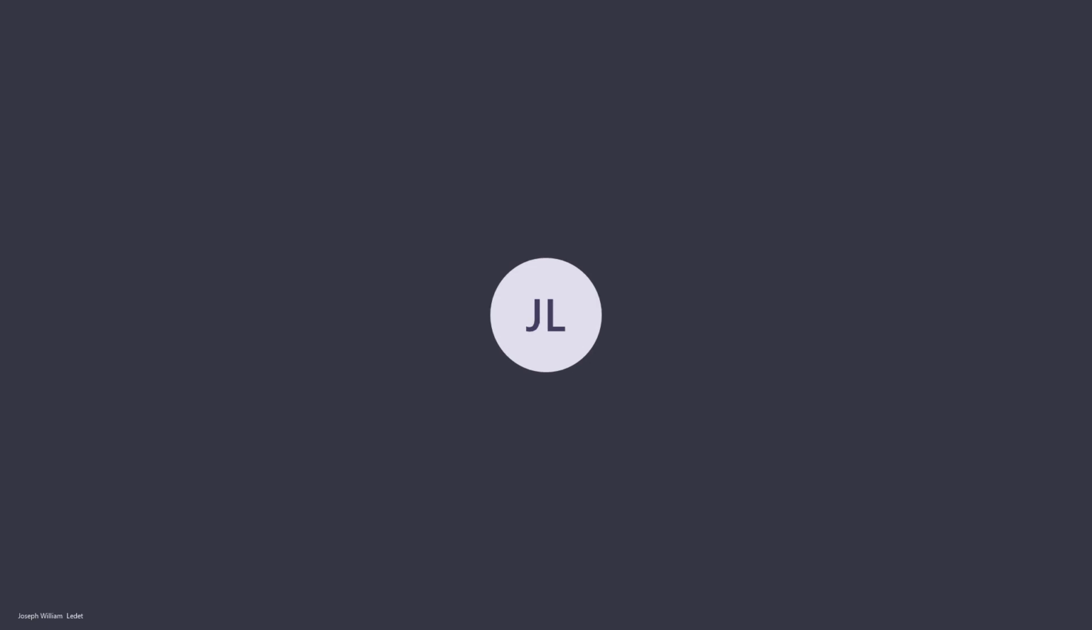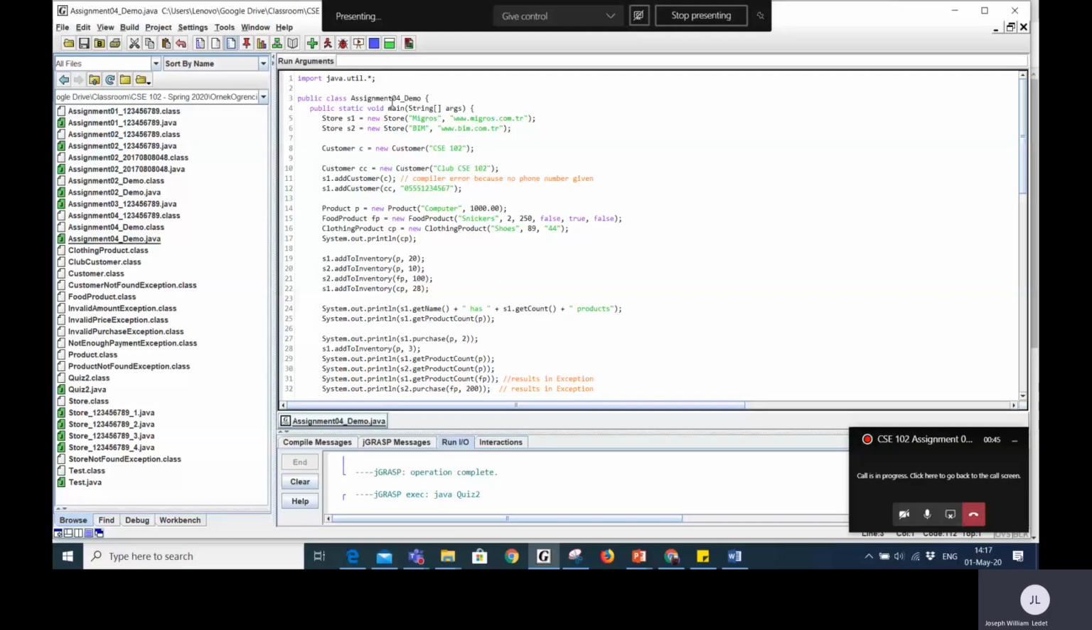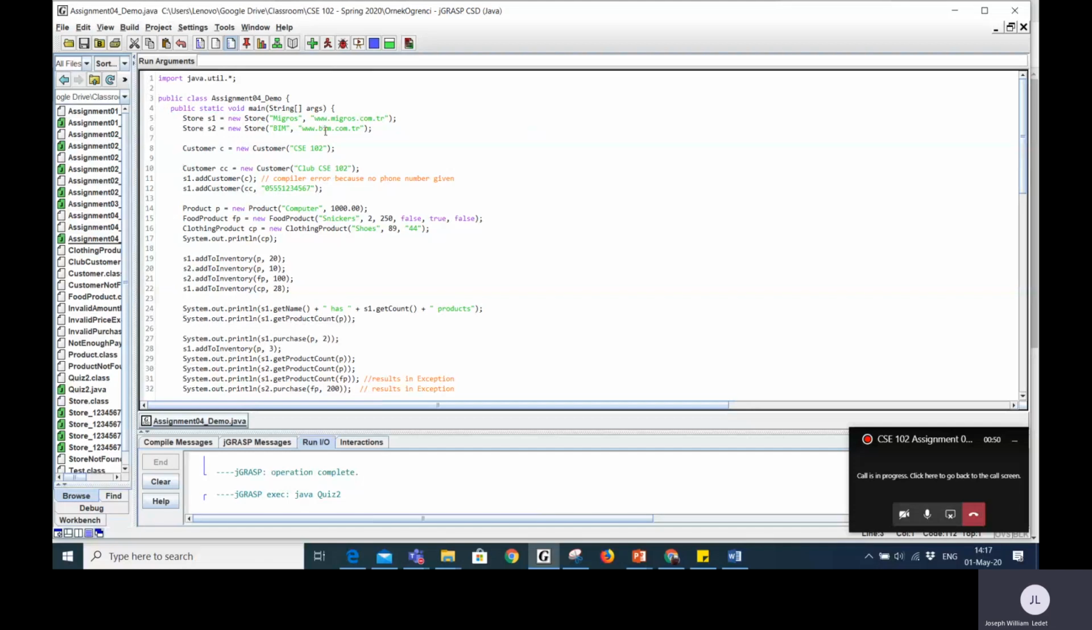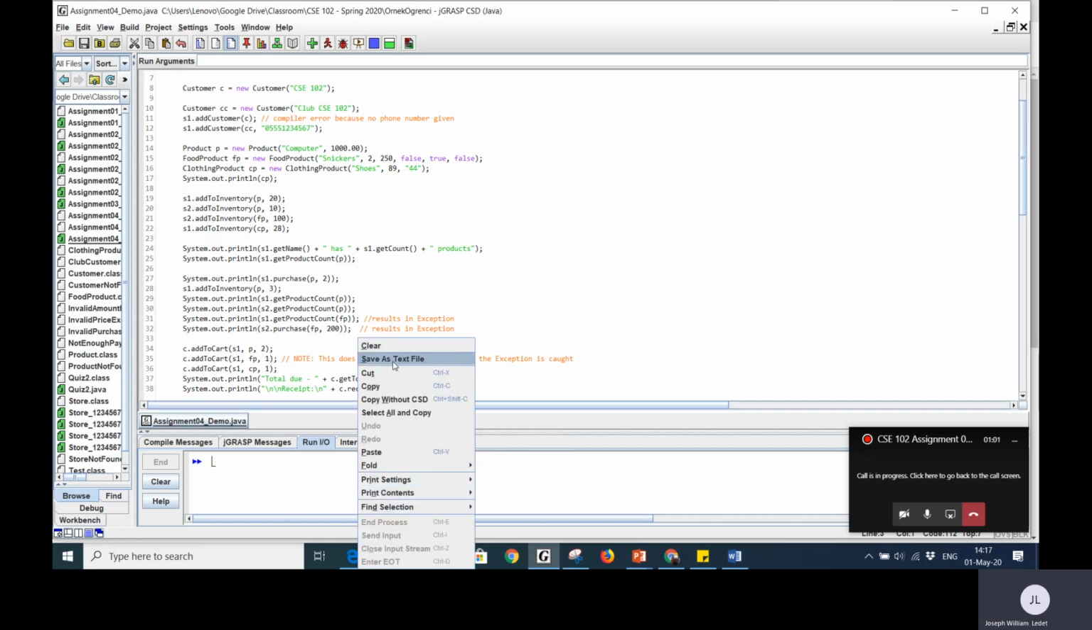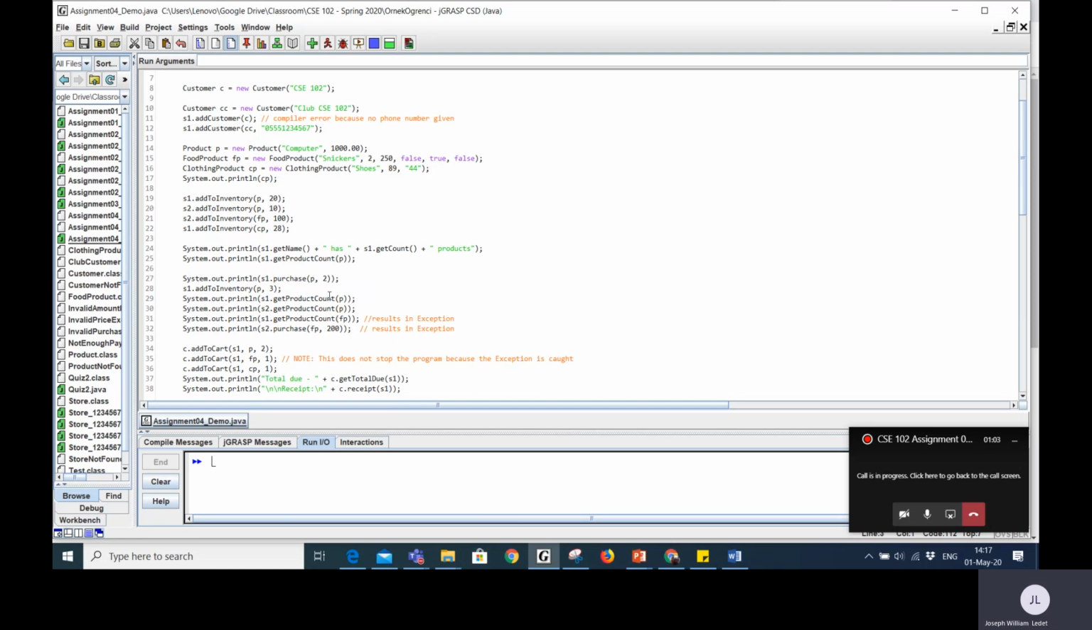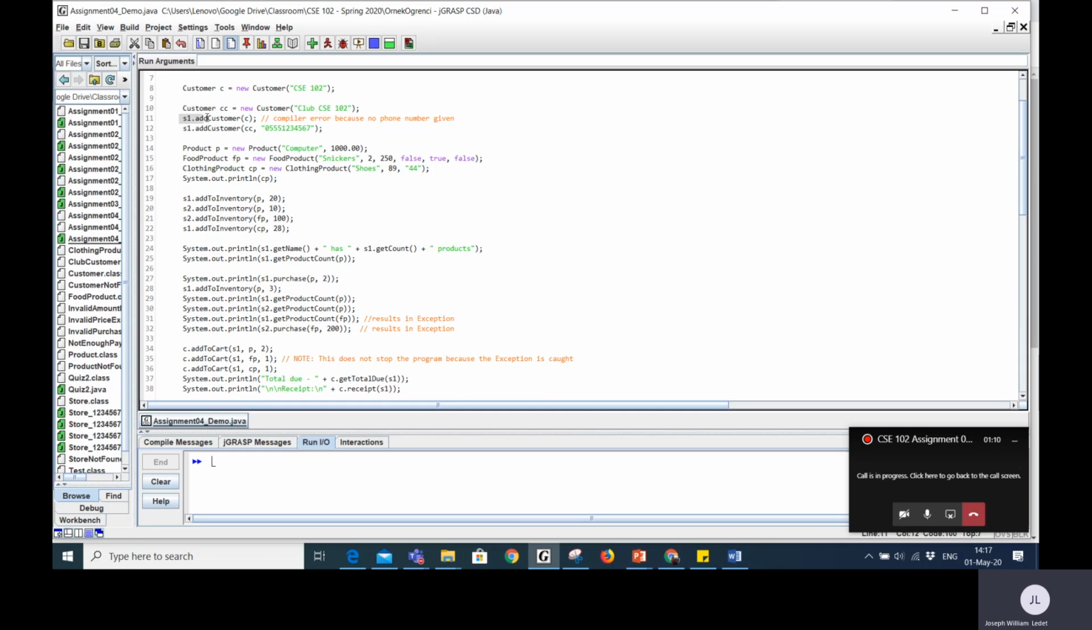Okay, so I'm going to share that assignment 4. So here we are. We're going to do this demo. Now I want you to notice a couple of things here, because when we compile this, we're going to get this big fat error. Let me clear that out. We are going to compile this and we're going to get a big compiler